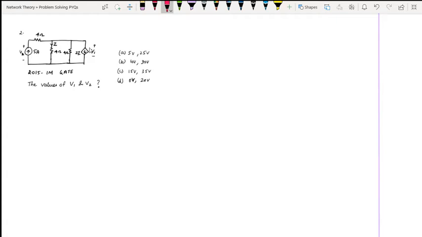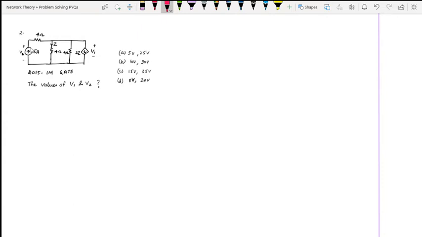What is unique about the drop across a current source is that we cannot directly find it using KVL. We cannot say the drop across the current source directly by applying a KVL, especially for an independent current source. For a dependent current source also, we cannot say what the voltage drop is. For a resistor we can say V equals IR, but for a current source we can't say directly. If it's a voltage source, if it's 5 volts, we can say 5 volts is the voltage across it. But for a current source, it's not directly told. We cannot directly say what the equation is for the voltage across the current source.